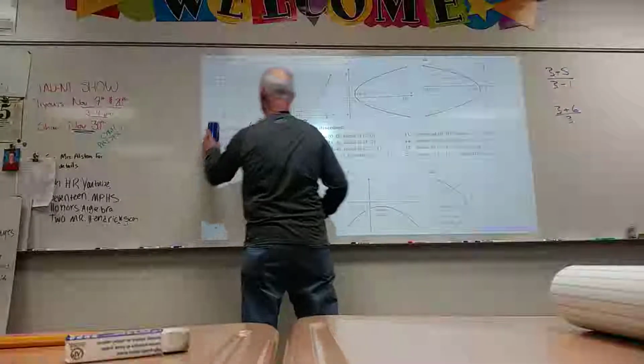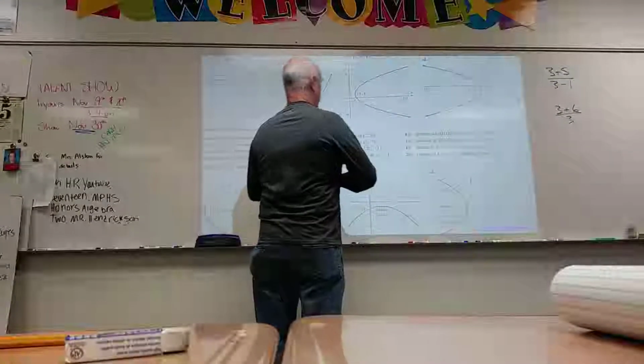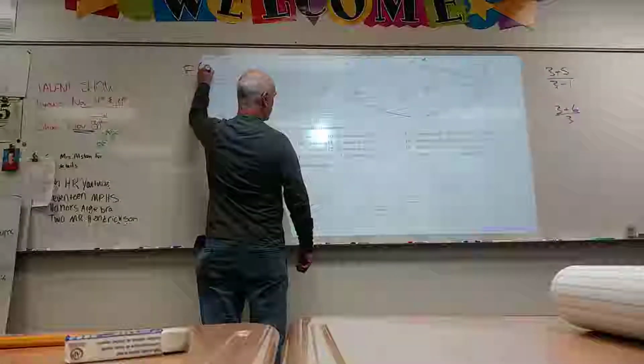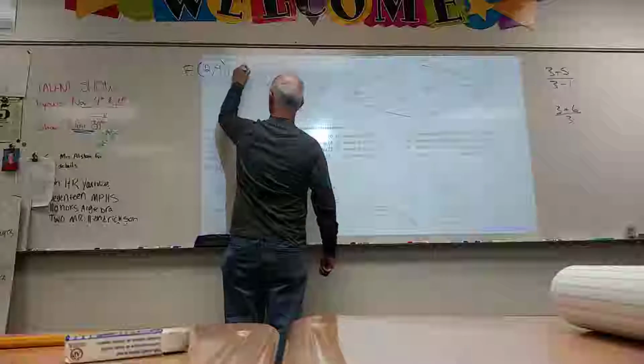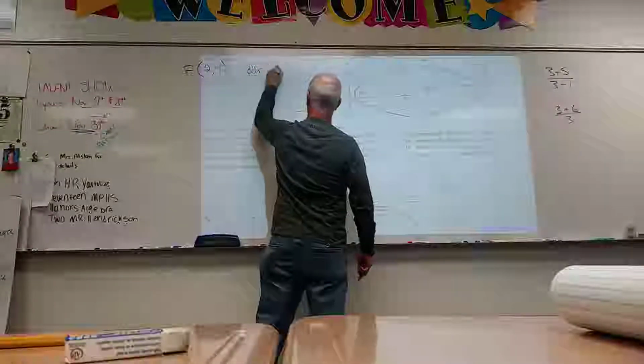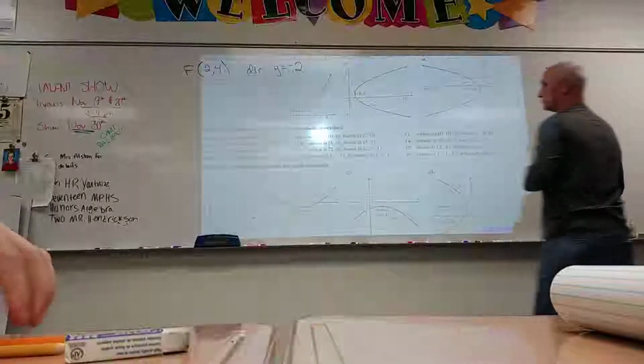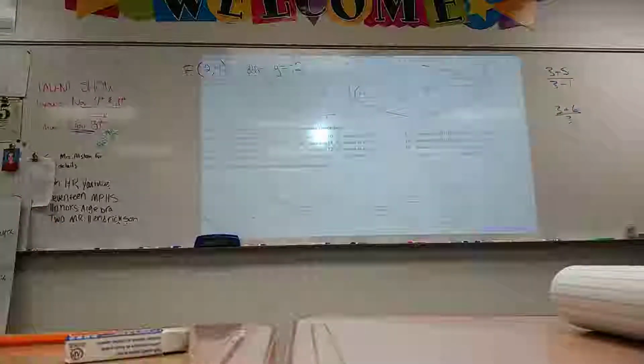We'll find out. Sorry. So we want to find the equation of the parabola that has a focus at (2, 4) and a directrix at y equals -2. Okay? All right. So